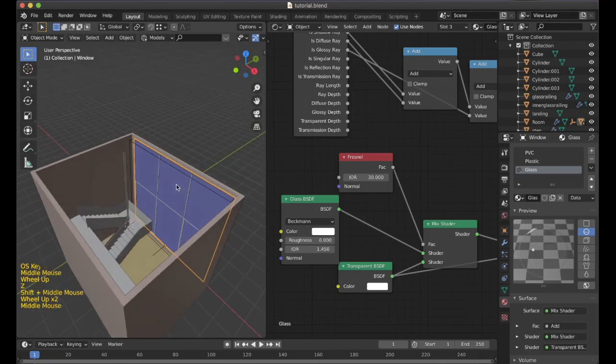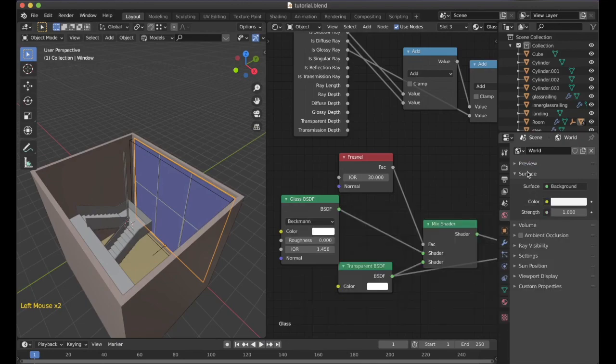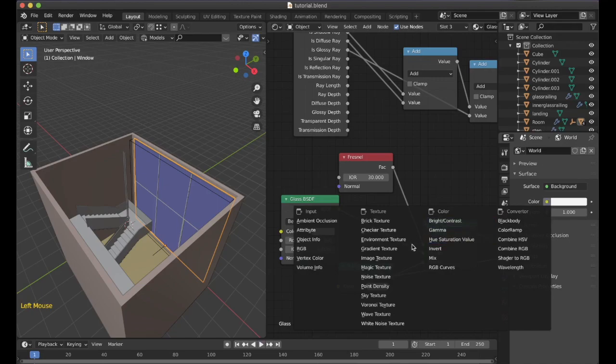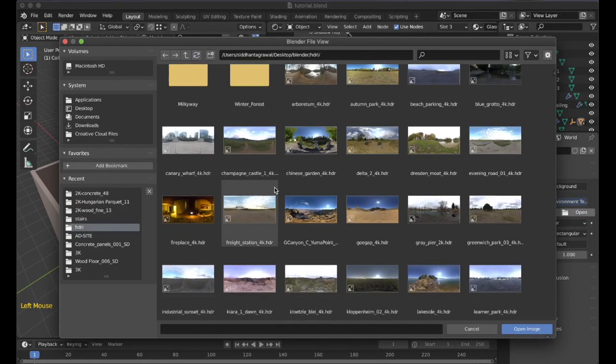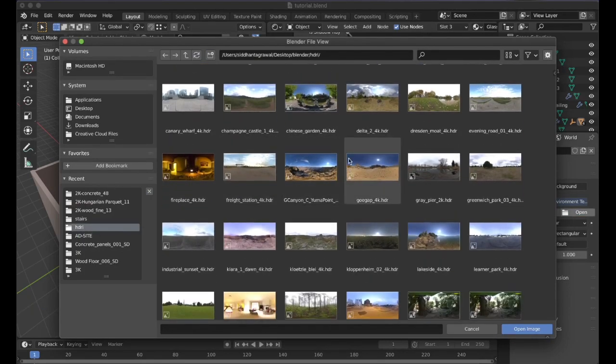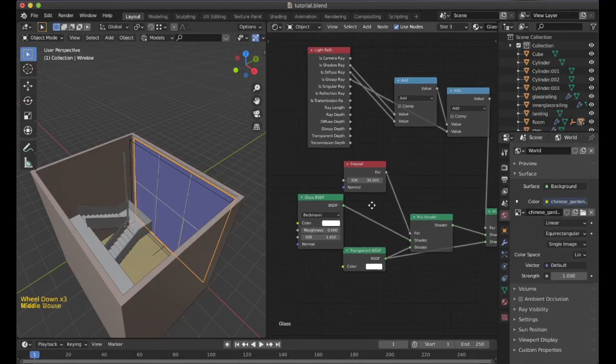Now the other major step that I'll do is first we'll add an environment. For that I will go into the color, I will go into the world settings, and then over here using this option I will check the environment texture option, and then I'll open that. I already have an HDRI folder with many HDRIs downloaded from HDRI Haven. I will leave the link to this one in the description. You can check that out or download any other one.